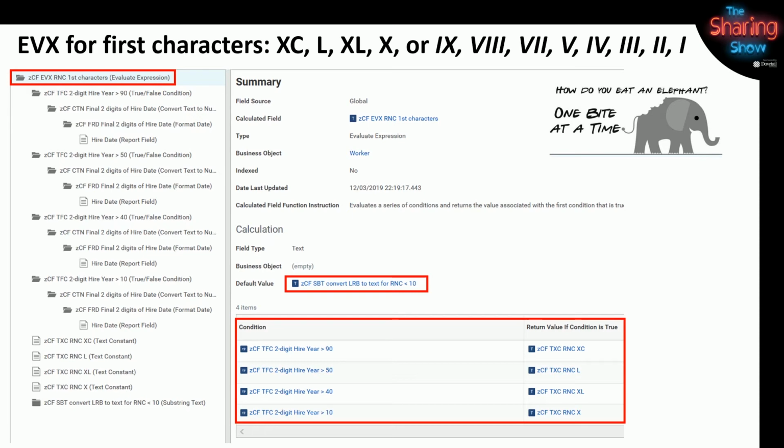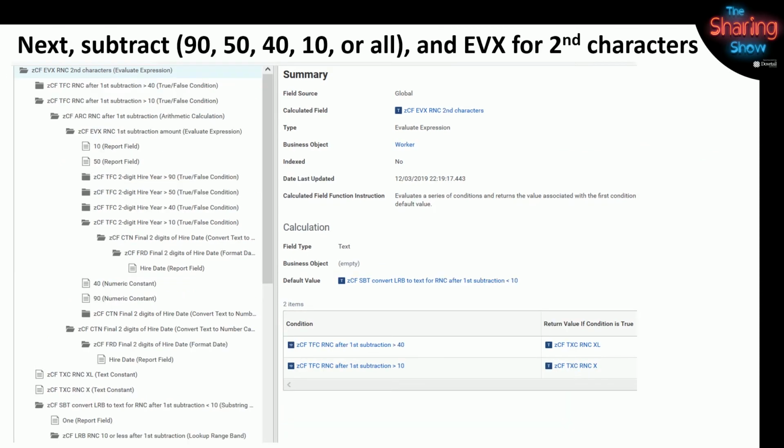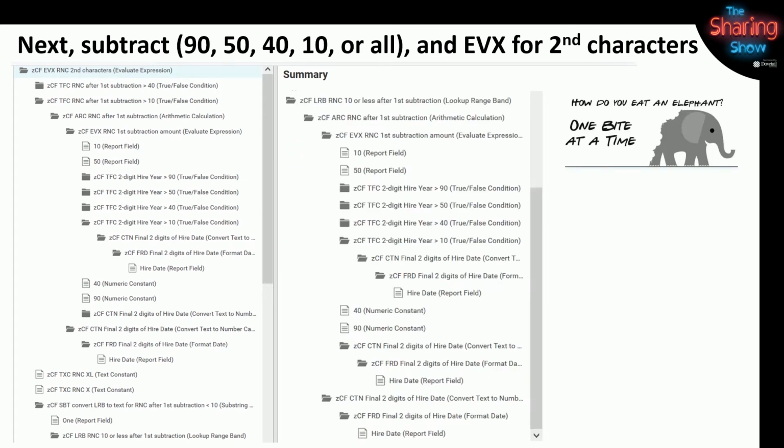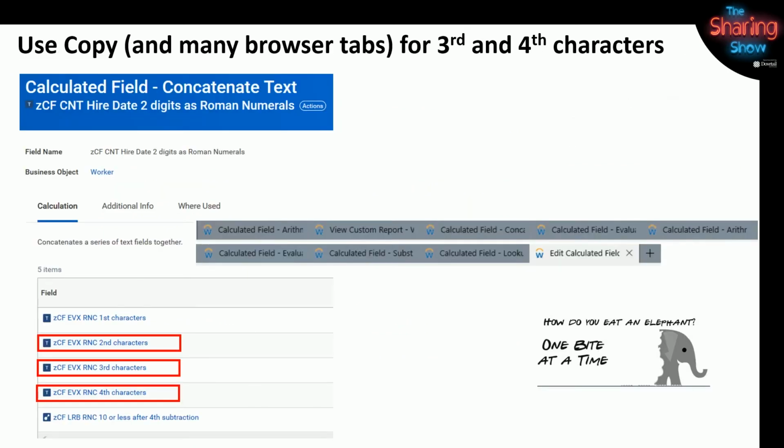I'm barely taking my next byte. So now that I know what it is and what I need to subtract, I'm finally ready to get the second character. So if someone is higher than 1988, I subtract 50. Now I have 38, but there's no loop. So now I have to write a whole new set of calc fields. Let's just say I got really good at the copy of calc fields and at having lots of tabs open on my computer. Now I've taken so many bytes and I'm still working on this thing.